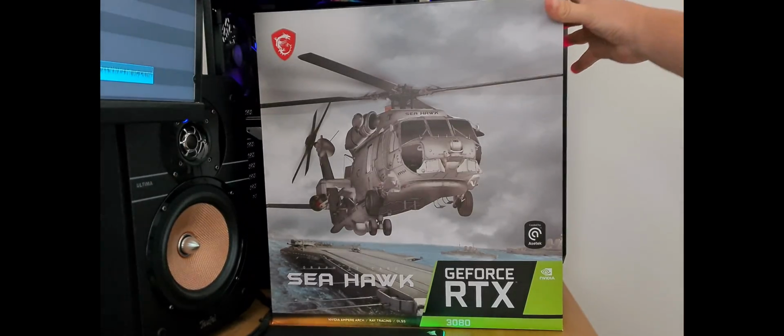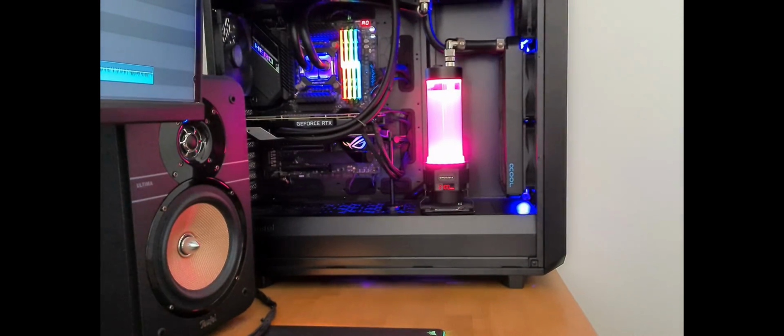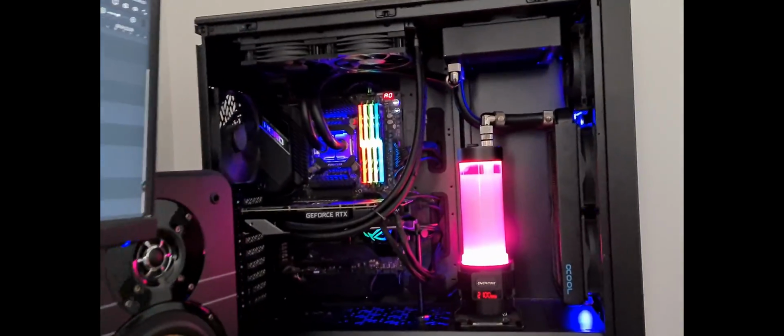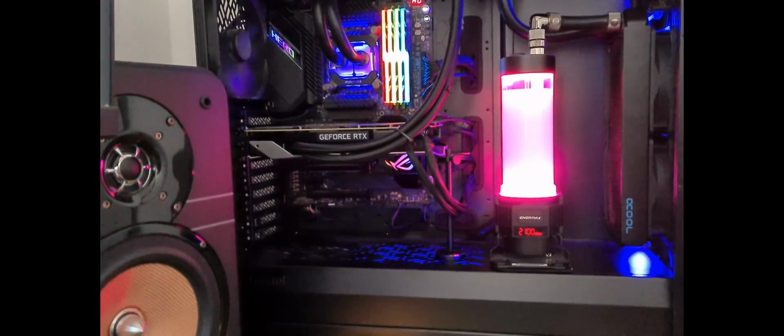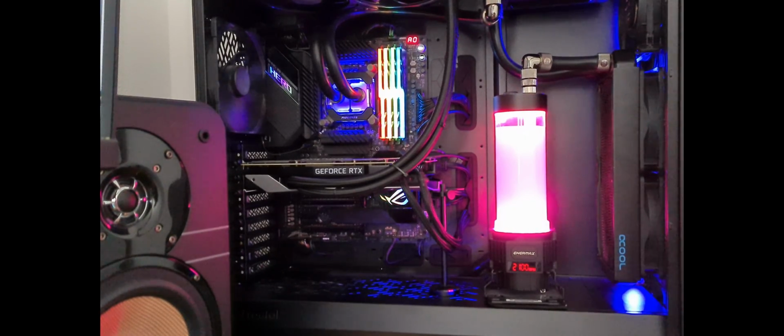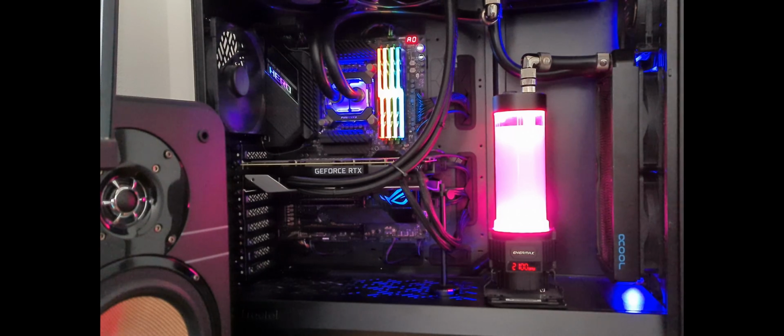So I already put the card into my rig. You can see here, this is my rig. Let me get it a little bit closer. I have a custom water cooling for my CPU. Normally I would have liked to have my graphics card also in the custom loop, but the problem is